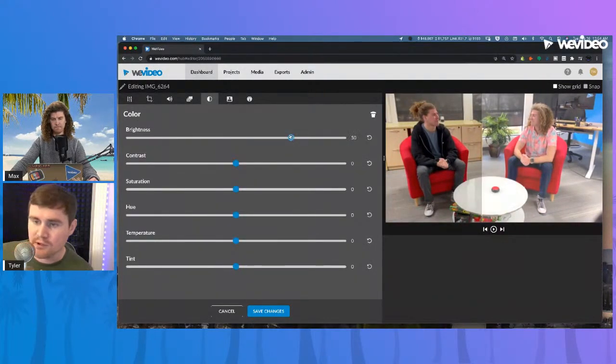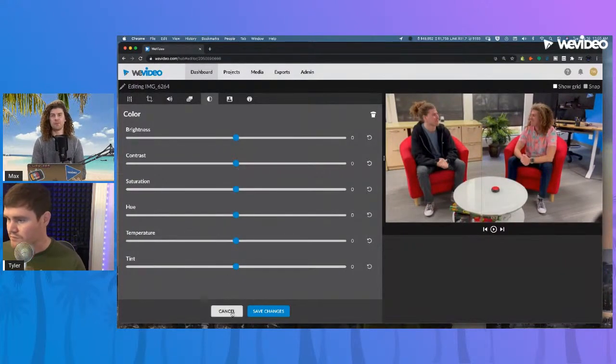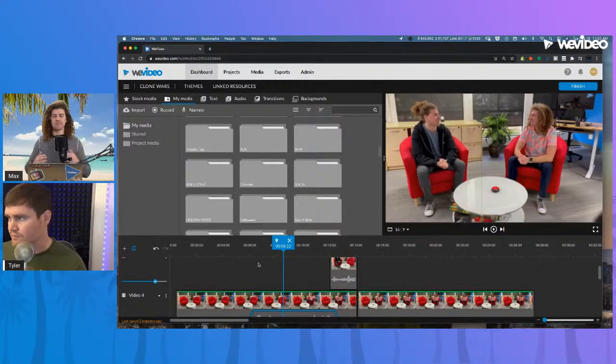So you can see if we really push the exposure here, now we can see what's happening a little better. There's that crop line. Yeah, if you adjust these, it's probably going to make it worse. I mean, you could try playing around with that to maybe match it up better. But the key takeaway is try to get it right when you shoot. Make sure you have consistent lighting.